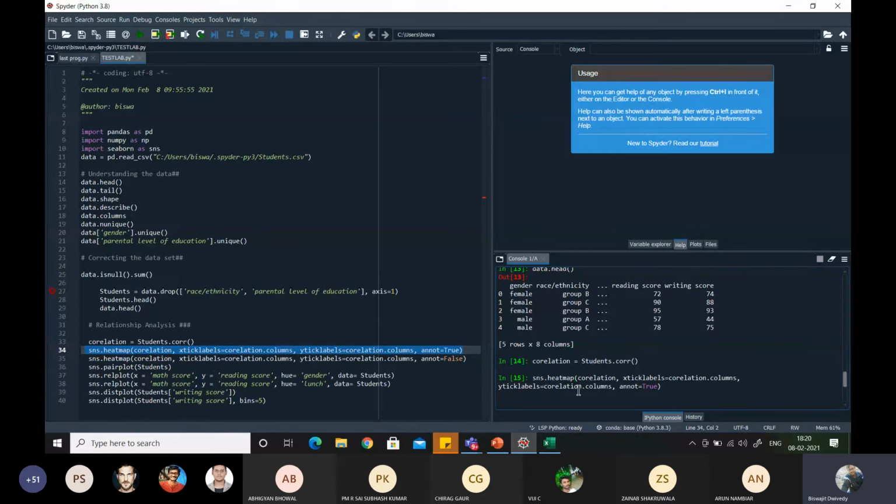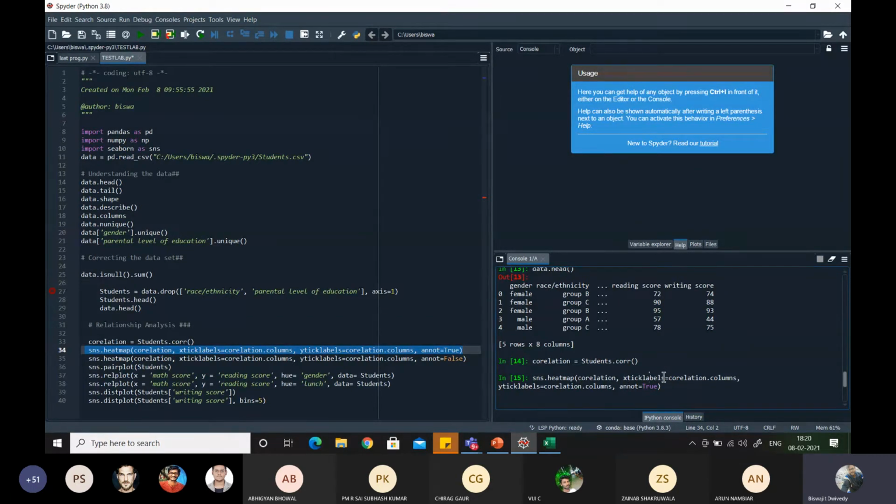Okay, so next is your correlation, because after executing that correlation function, we have stored everything in this variable, correlation. So correlation is there, and next we are going to plot it, because a heat map is related to plotting. We have to assign something to its x-axis and something to its y-axis. So that is the thing written here.